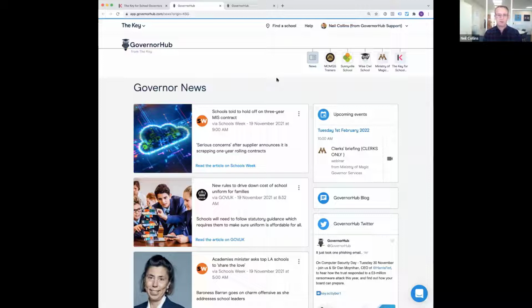First area in GovernHub, though, is what we call the news area. We've pulled various bits of education news from around the web and present them here on the news feed. You've also, down the right-hand side here, got links off to your meetings or your training that's coming up. You'll see here there's a little icon of a camera.